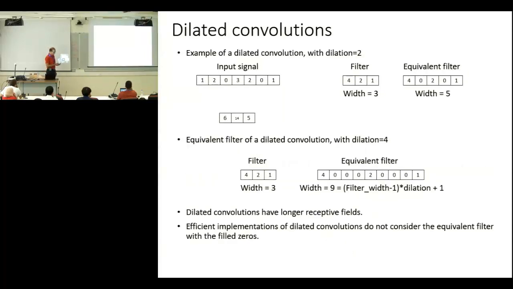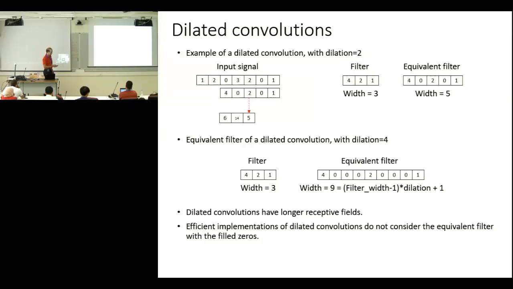And now I will explain what the dilated convolutions are. Let's assume that we have this filter. This filter has a range of three samples. In order to increase the receptive field of the filter, we can do the following. We can insert some zeros here. So now the width of the filter is 5 and the receptive field is bigger. And if we apply that, we see that all those samples contribute to the outcome.